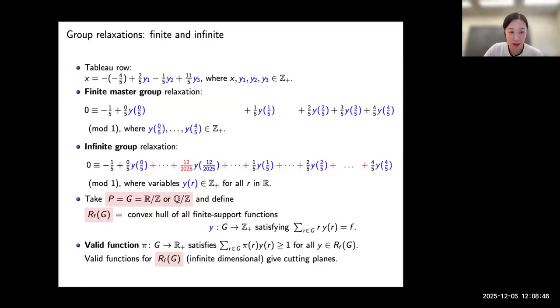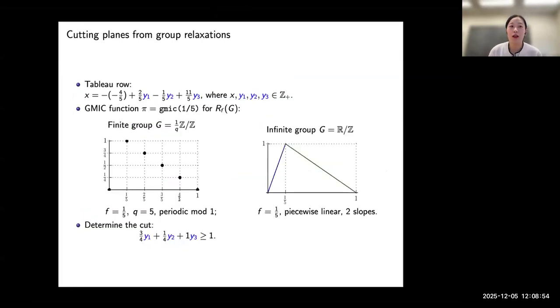So let's now look at a toy example to see how cut-generating functions pi perform on a particular problem. We open the textbook, find a cut-generating function, maybe the most famous one, the Gomory mixed integer cut. For the finite group problem defined on the grid, the cyclic group of order 5, it is a discrete function. For the infinite group relaxation, it will be a piecewise linear function. The specialty of this function is it has value 0 on the integer values, has value 1 on the special right-hand side 1/5, and it is periodic.